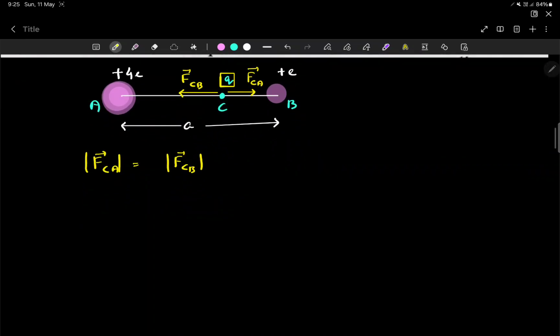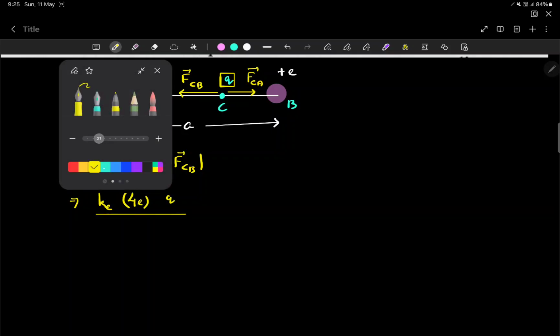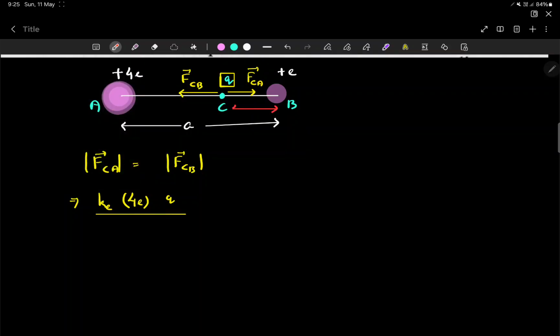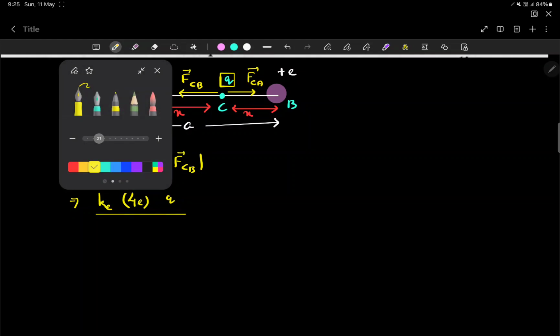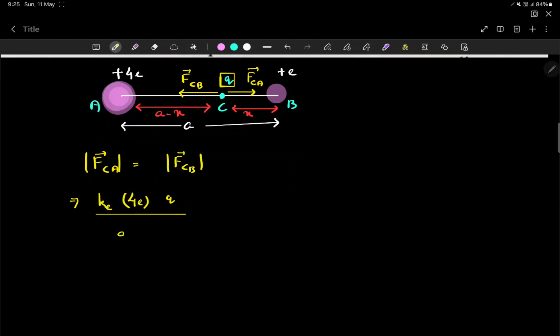Yes, so now simply calculate FCA between C and A, that is k e, Coulomb's constant. First charge is 4e into q divided by the distance. Okay, we have not mentioned the distance actually. Let the C to B distance be x. So that means the distance from C to A is a minus x. So FCA, the distance is a minus x whole square, that is equal to FCB. FCB between C and B is k, one is e, another one is q, divided by